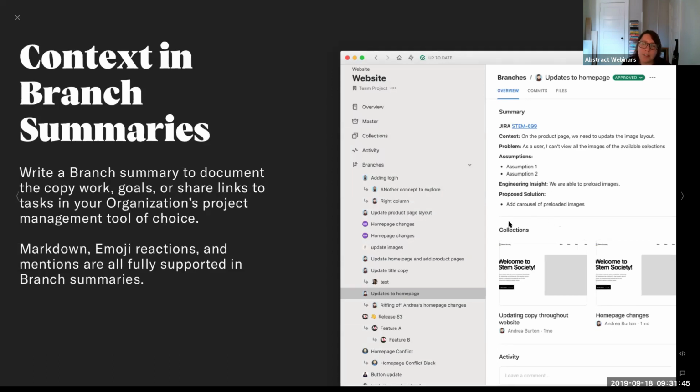And then remember I was talking about collections before. Here's where collections show in your branch overview page. So if I'm a content strategy manager, or a design manager, or a product manager, or anybody else working on this team, and I come in here, or let's say this is a designer's branch, and I come in as a content strategist, I have context for what I need to know. I can click on this ticket, I can understand any insights, and then I can jump right into these collections and see what I need to check out. But this is awesome to be able to provide context to anyone that you're working with.